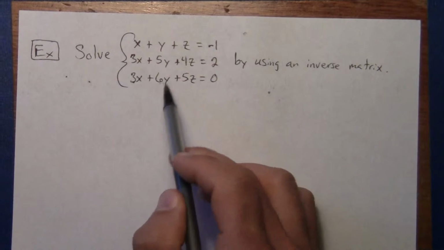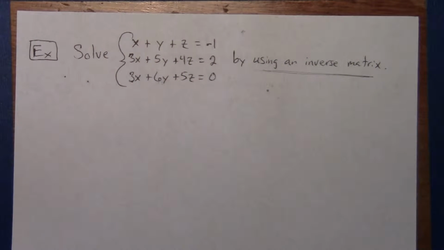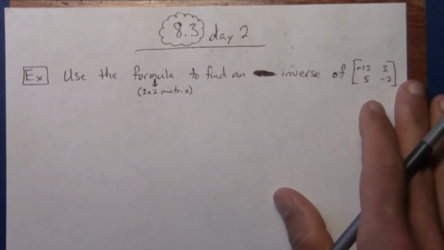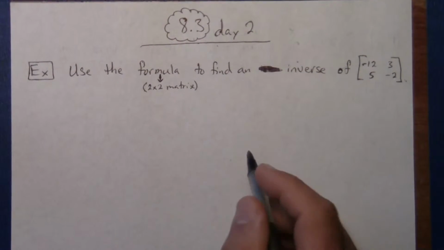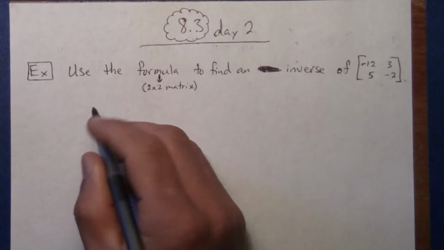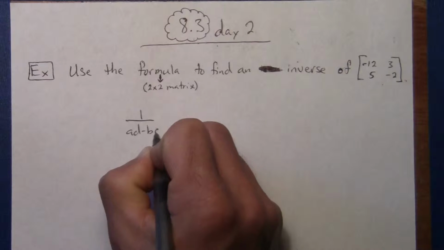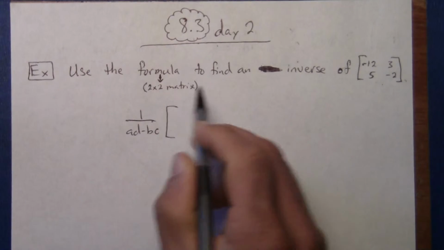And then we're going to solve this system by using an inverse matrix, and it's important that you catch that. It's going to be a little bit longer in the process that we do, but this is what they want us to do. Alright, so back to the first one. They want us to use the formula to find the inverse of a 2 by 2 matrix. So I have to remember the formula for that inverse, and it's 1 divided by AD minus BC times,